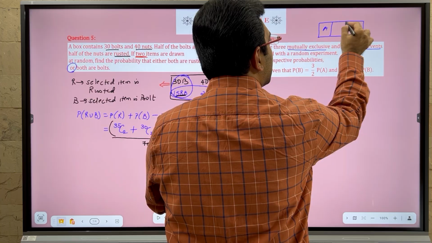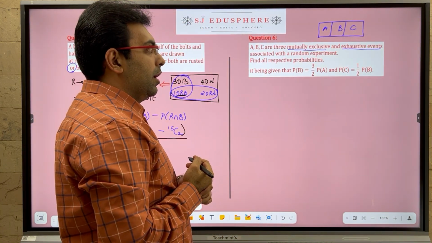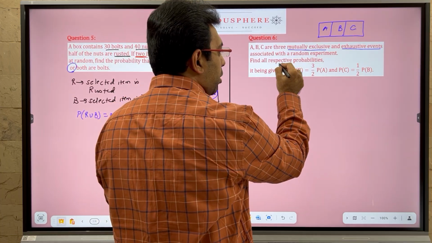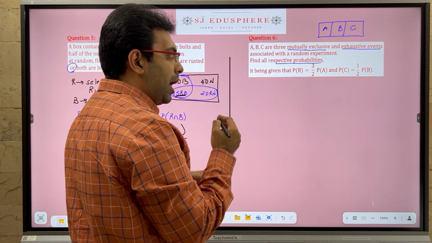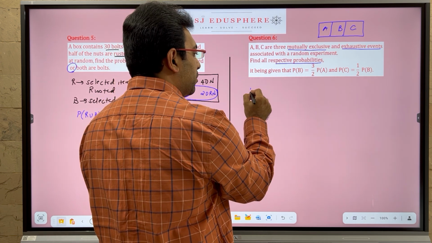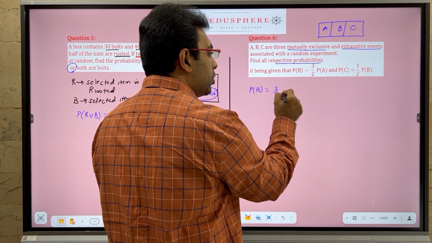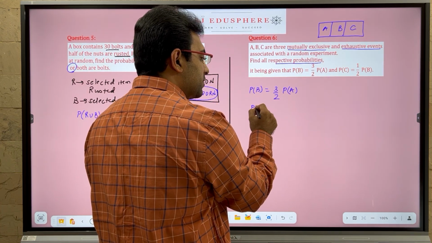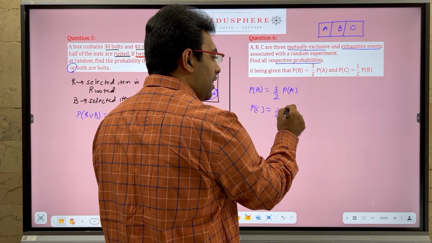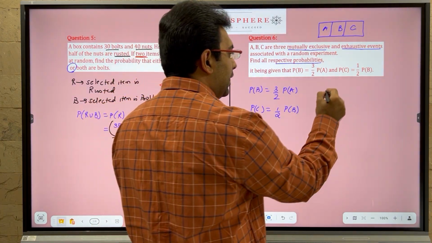If this part is A, this part is B, this part is C. Find all the respective probabilities for the given data. So I have over here probability of B is 3 upon 2 probability A, and probability of C is half probability B. Can I say let